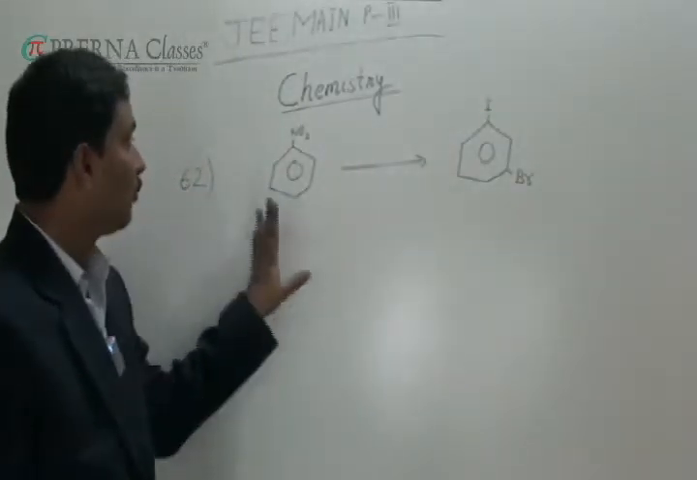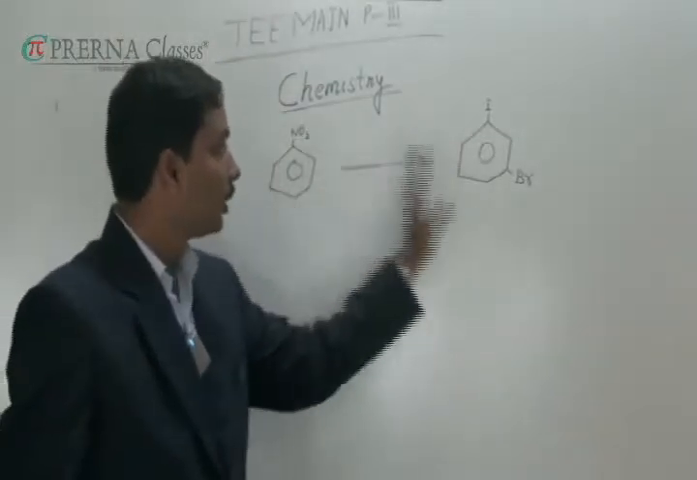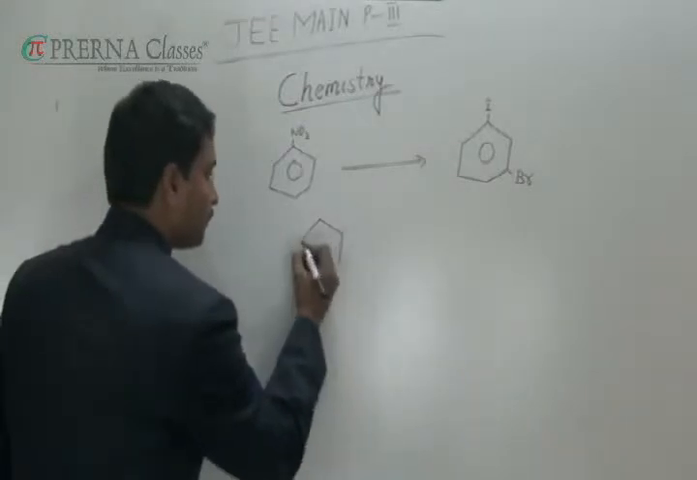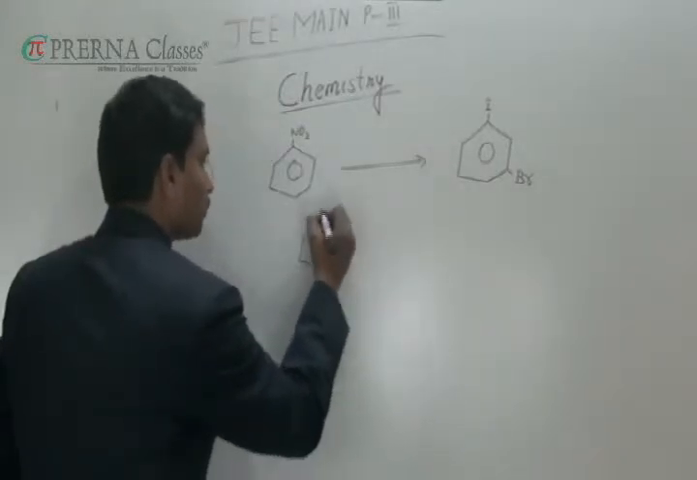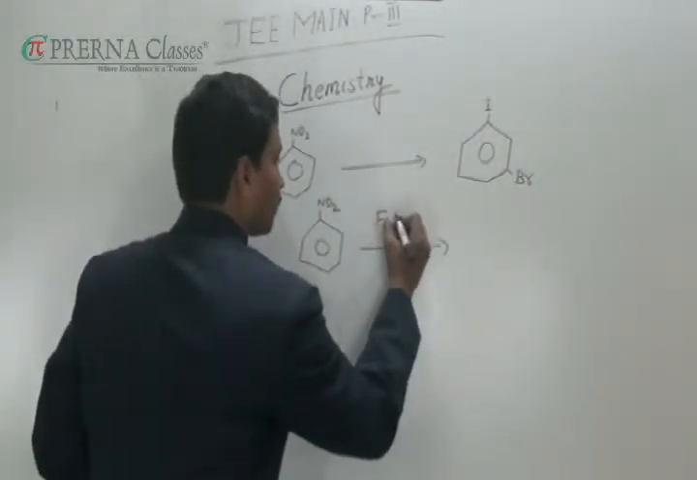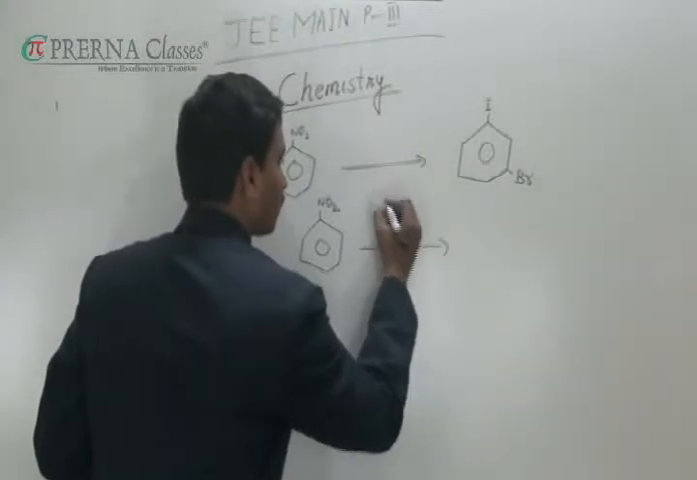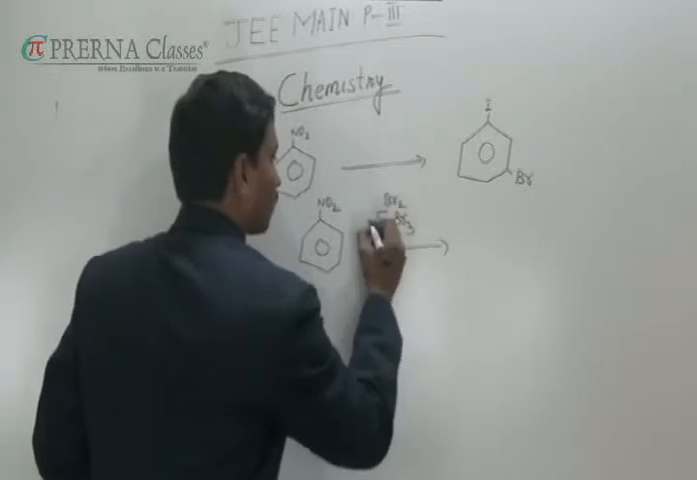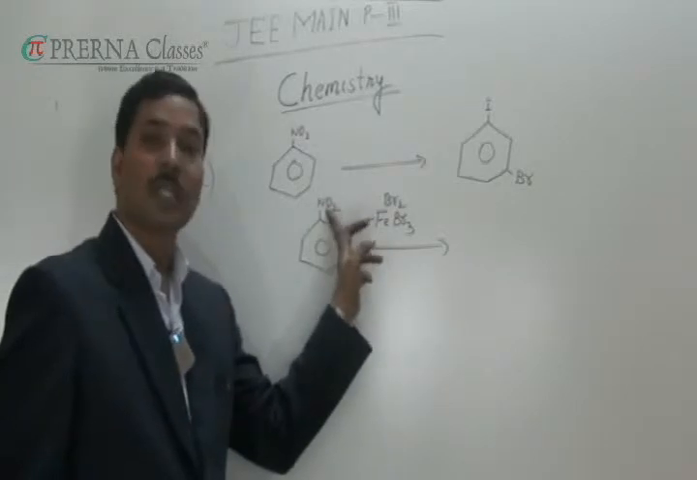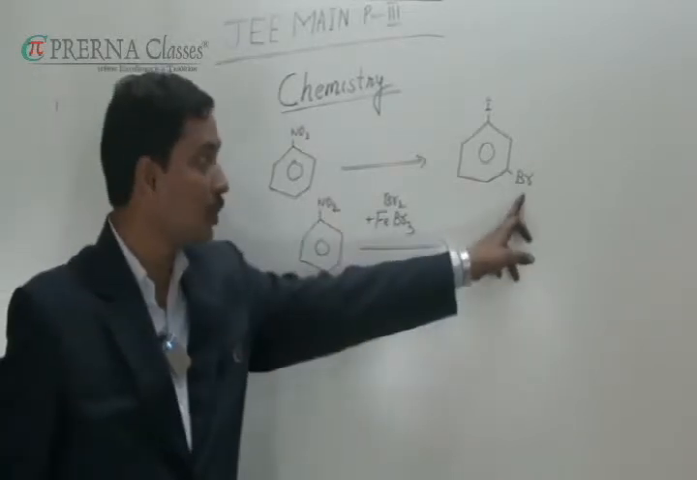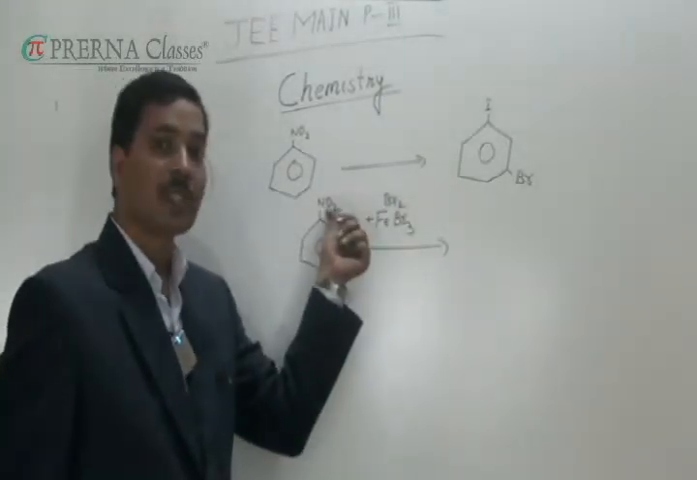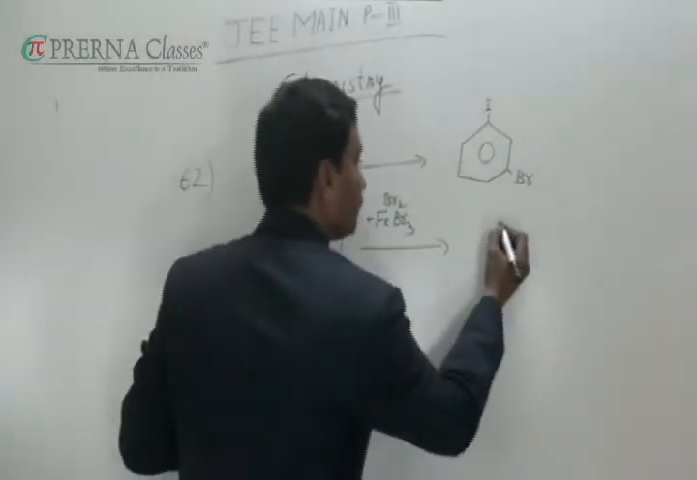Question number 62. We have to convert this, that is nitrobenzene, into this compound. So first of all, we can use Br2 in presence of FeBr3. Since nitro group is an electron withdrawing group, it will prefer meta position for bromine. So it acts as an electrophilic substitution again, and since nitro group is a meta directing group, it is converted into